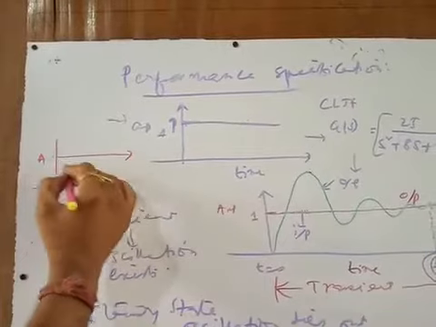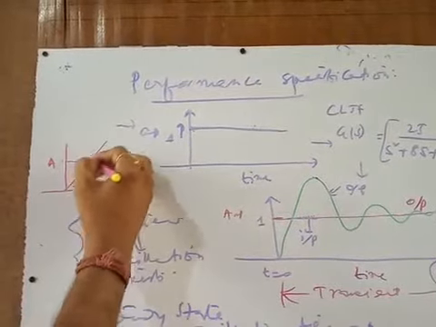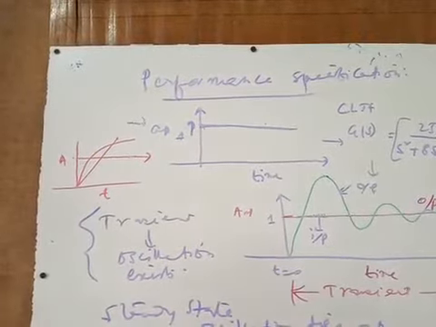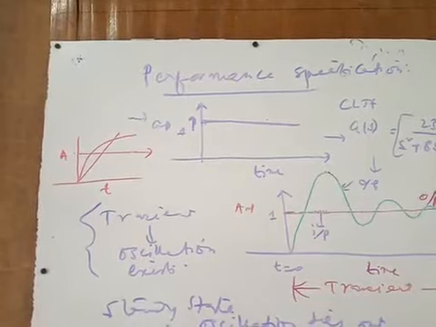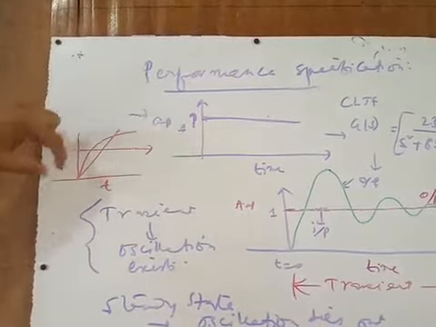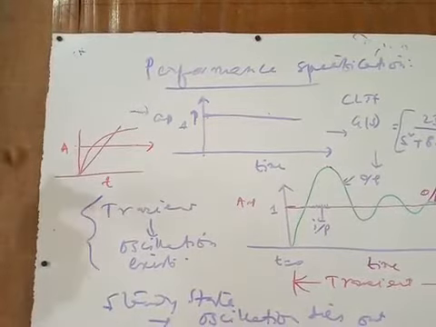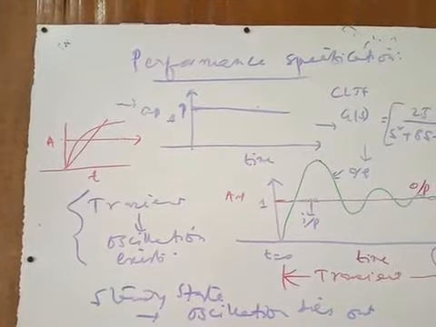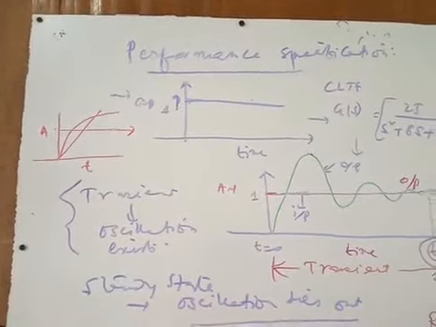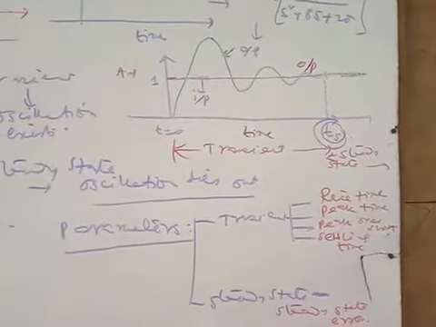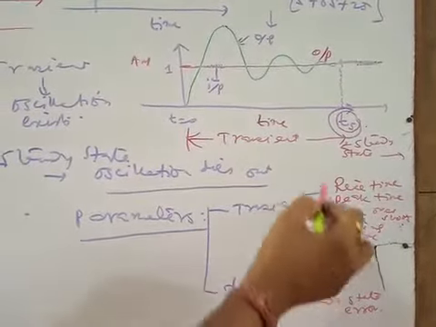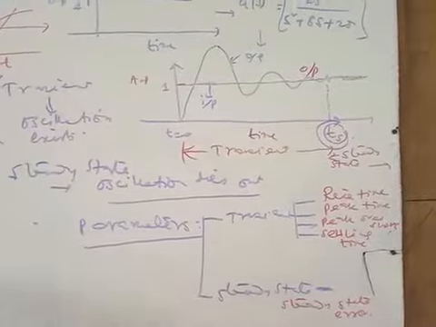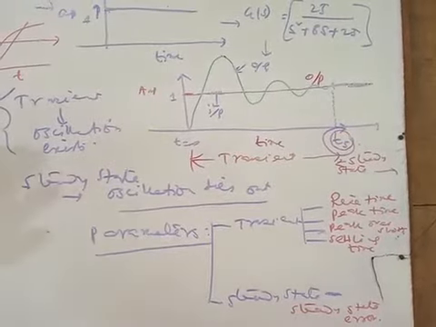And in case of ramp, you have to follow this type of curve. In case of parabolic, you have to follow this kind of curve. So getting the error signal, which we will discuss for ramp and parabolic signals, is very difficult. So in this case, step signal is used as the input signal for any kind of signal testing. So we get the defined parameters corresponding to transient and steady state. Now how can you understand these parameters, and what parameters can you get from the output response? That I will discuss in detail when I show the mathematical formulation.